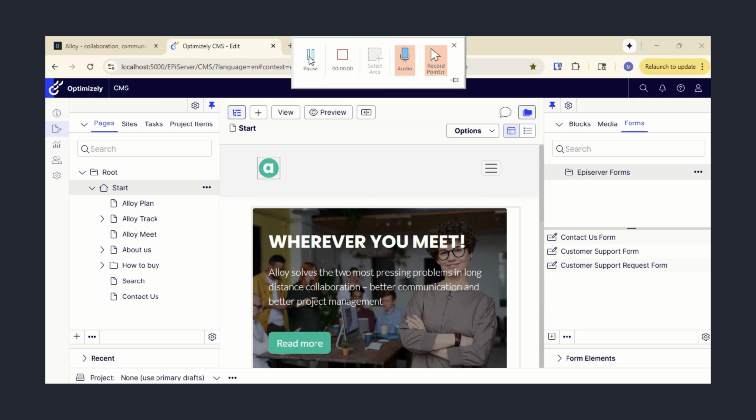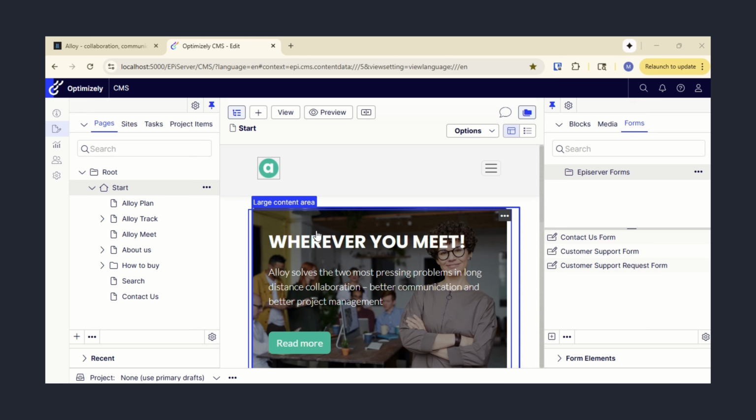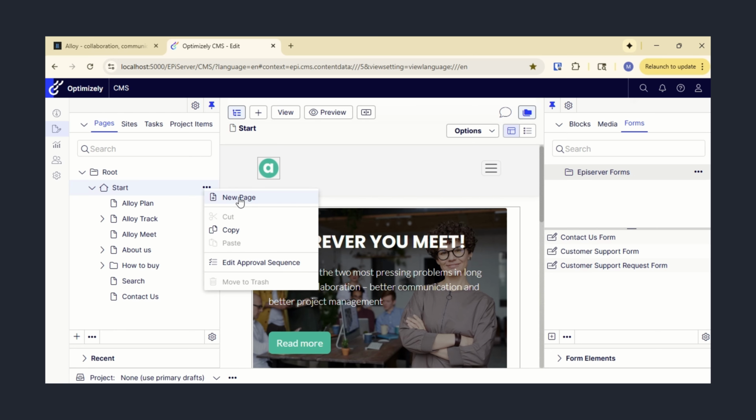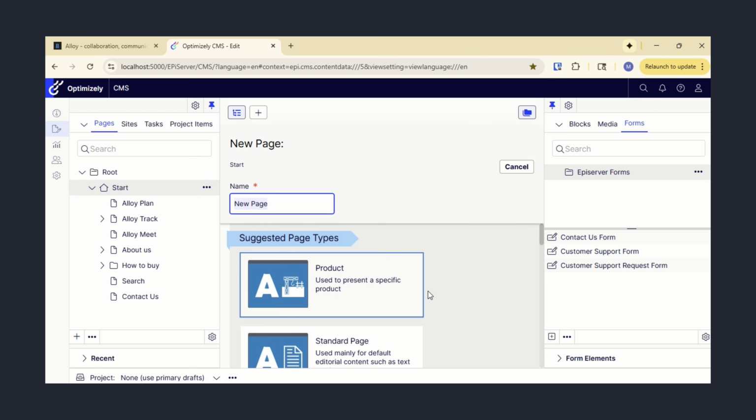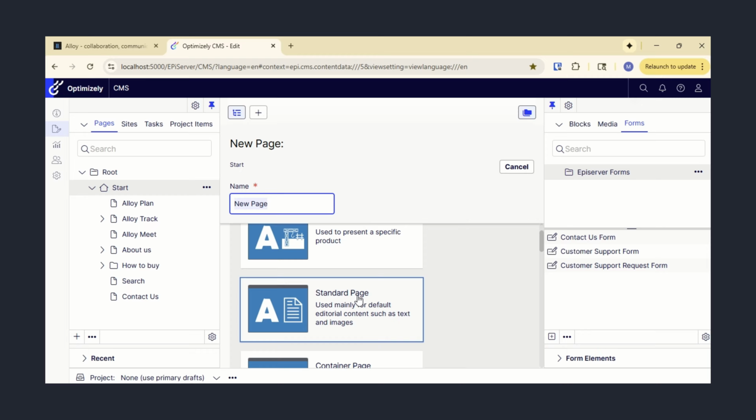Let's get into a demo on how to place the form into a landing page. Hi team, so now that our form is ready to go, let's see how we can put it in a landing page. So to create a landing page, I'm just going to create a new page, and choosing the standard